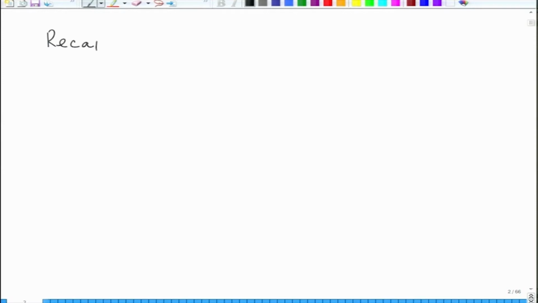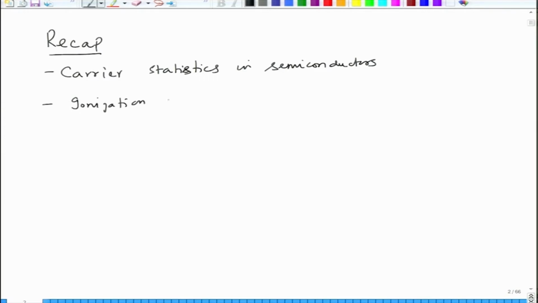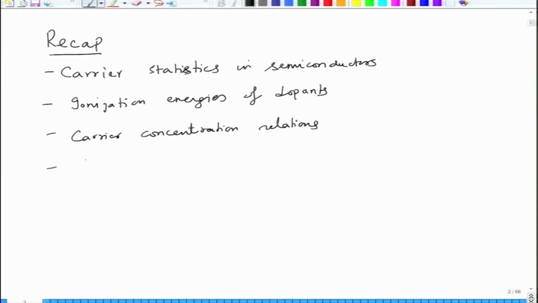So, we talked about the carrier statistics in semiconductors. We also looked at the ionization energies of dopants, and then we looked at carrier concentration relations, and finally we looked at the effect of doping on